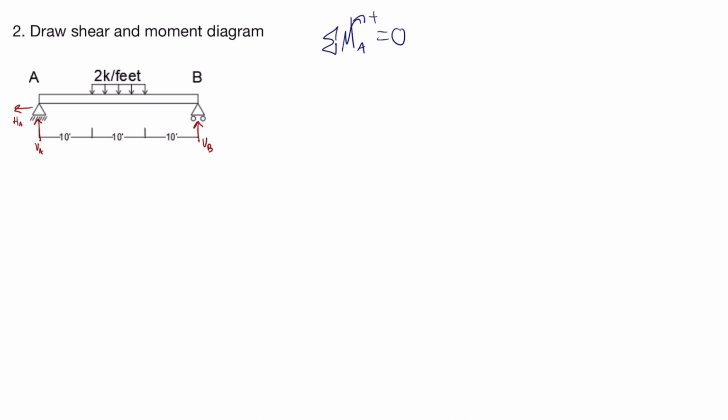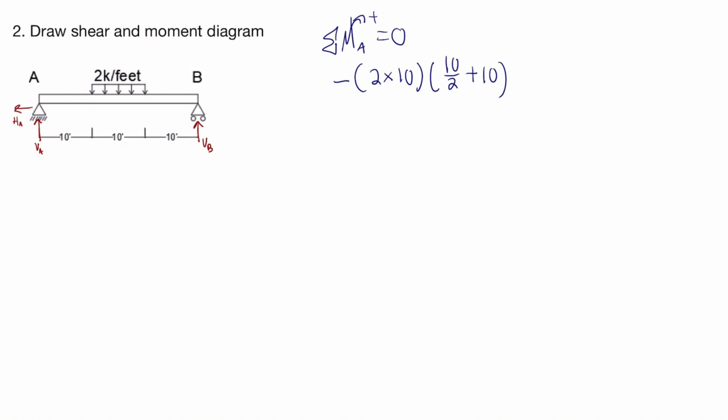So we will do, and then we can see that it will go down and then to point A, so then it will be clockwise. So then that means that it is negative since we denoted counterclockwise as positive, so clockwise will be negative. We'll do minus 2 times 10 times the moment arm, which is 10 over 2, plus the additional 10. So the point load will be here for the distributed load. So that means we take this length, which will be the 10 plus 10 over 2, which is the 15